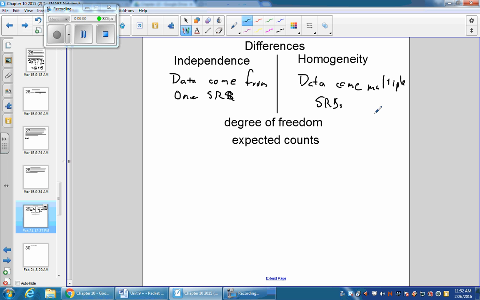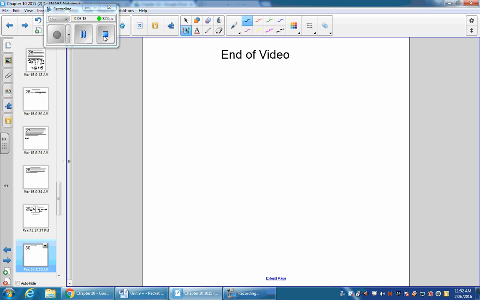So for instance, if I was going to do a study and I wanted to see how the school broke down on gender, I could take one SRS of females, one SRS of males, and if I did that and put them in a table, that would be homogeneity. But if I took one SRS of the whole school and threw that in a table, it would be a test for independence. All right, we're